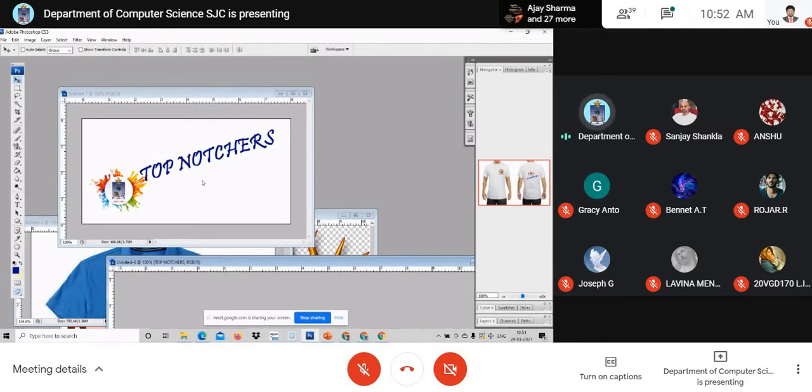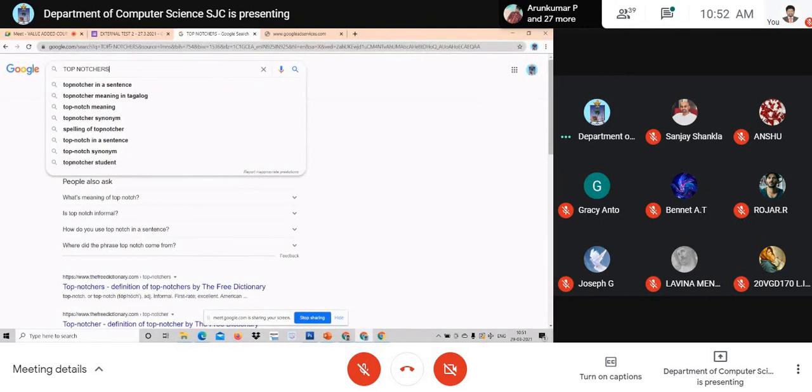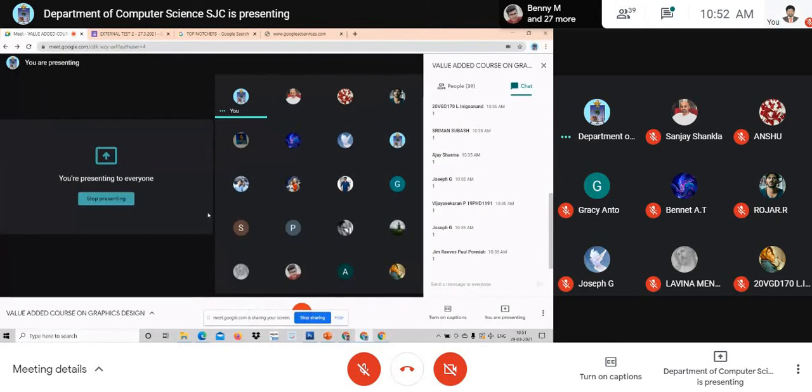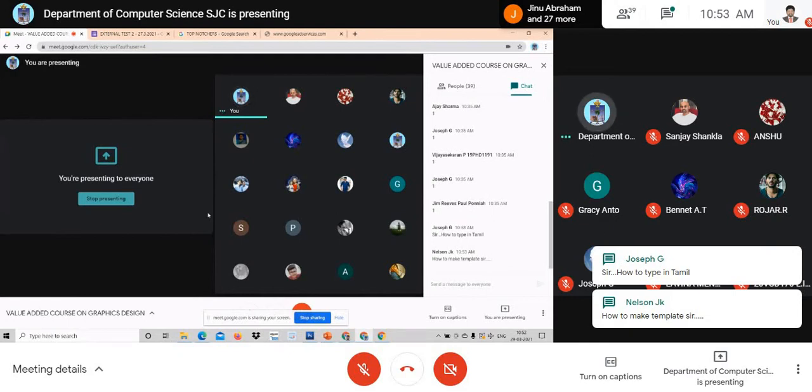And the front should be 3 inch by 3 inch. Now over to you for any clarifications. Any other clarifications? So I request you to design the front portion and the back portion at your own choice. Just be creative, fit it in a t-shirt and submit it as an assignment. Am I clear to you? But when you go to printers, you need not fit it in the t-shirt because they will be printing it.